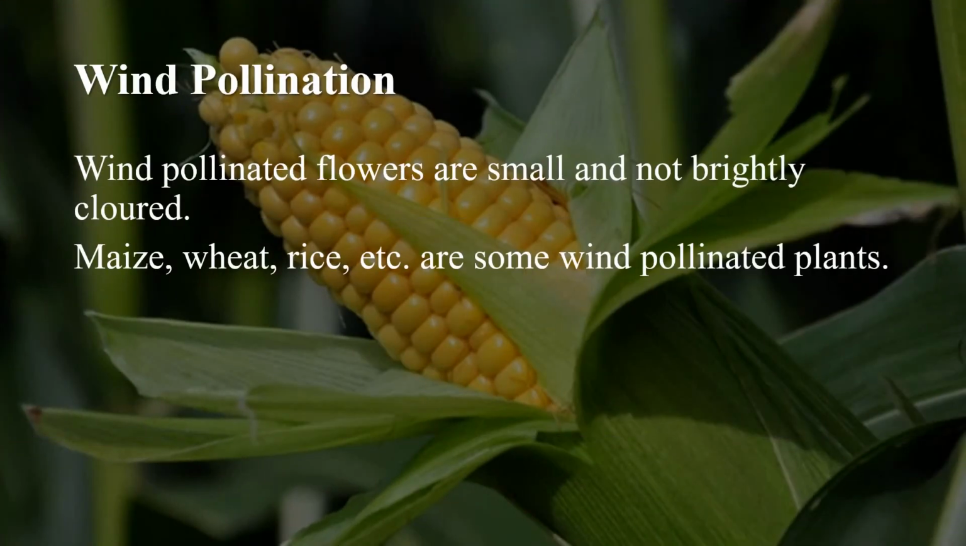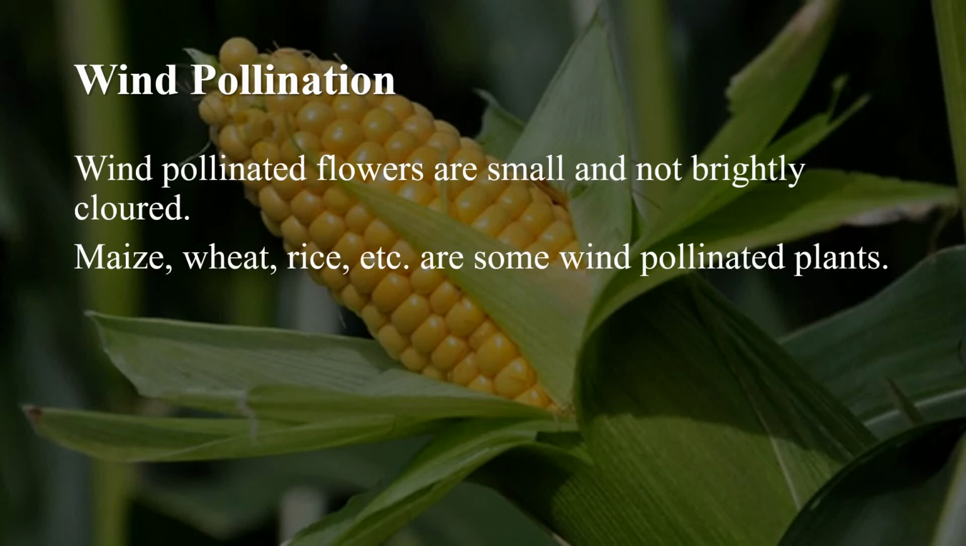And the second type of pollination is wind pollination. Wind pollinated flowers are small and not brightly colored. These flowers do not produce scent or nectar. For example, maize, wheat, rice, etc. They have long stamens which produce large quantity of pollen grains. The pollen grains are light in weight and can be easily taken away by the wind from one flower to